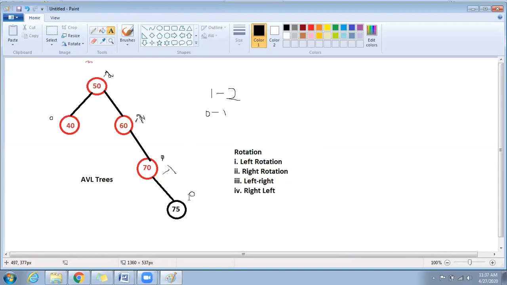What is an AVL tree? What is the purpose? Why do we have to go for it? If skewed data happens in a binary search tree, I have to search in only one side continuously. But in an AVL tree, I'm doing the height balance. So whatever data I'm inserting, I can always assure that the height is balanced. That is the specific property of AVL trees.